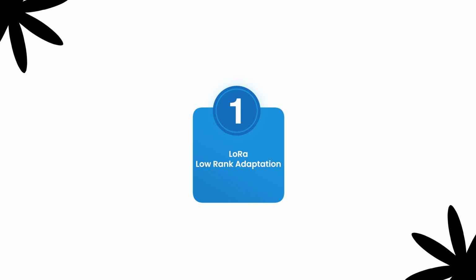So LoRA, as I was mentioning, stands for low rank adaptation. It freezes the original model weights and injects small trainable matrices into specific layers of the model. You only train those small matrices, and at inference time they combine with the frozen weights to produce the adapted behavior. So instead of training 70 billion parameters, you are essentially maybe training 100 million, which is a massive reduction in compute, memory, and cost.